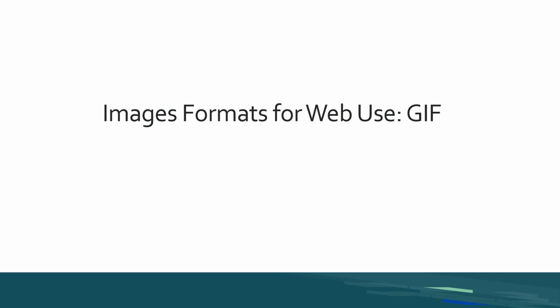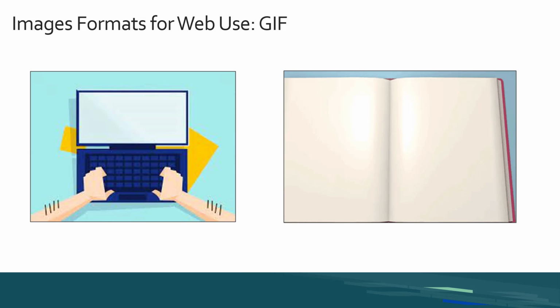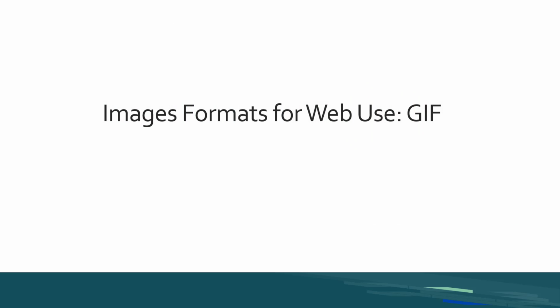A GIF image format is best suited for images that feature animations or text. An image saved in a GIF format would look like this. You should also remember that the size of the image file is just as important as the format when using an image on the web. Adjusting the size of your image in an application like PowerPoint or Word will not change the actual size of the file. All this does is change the appearance of the image. We will discuss how to properly change file sizes and save images in the correct format in week 3.